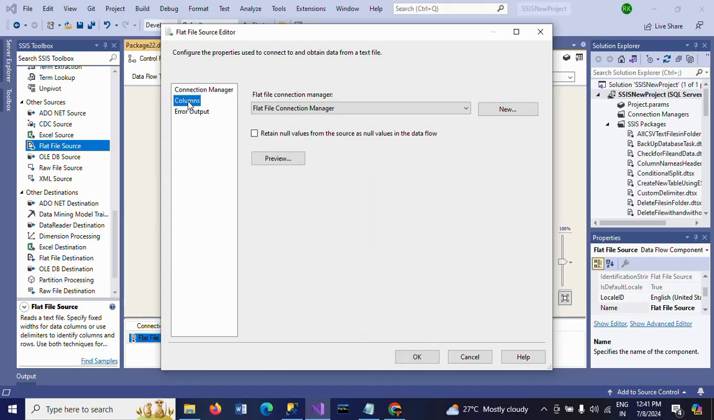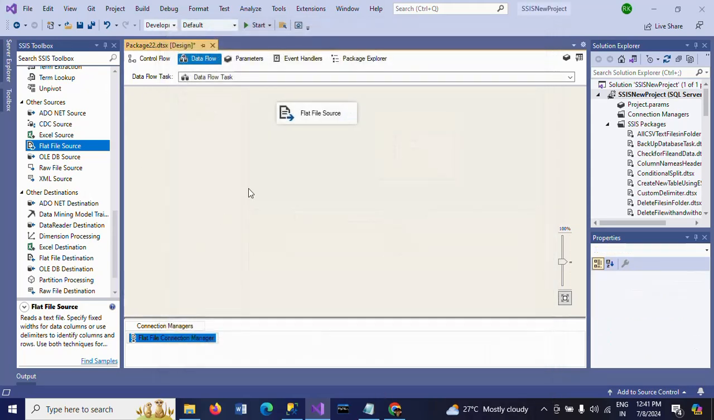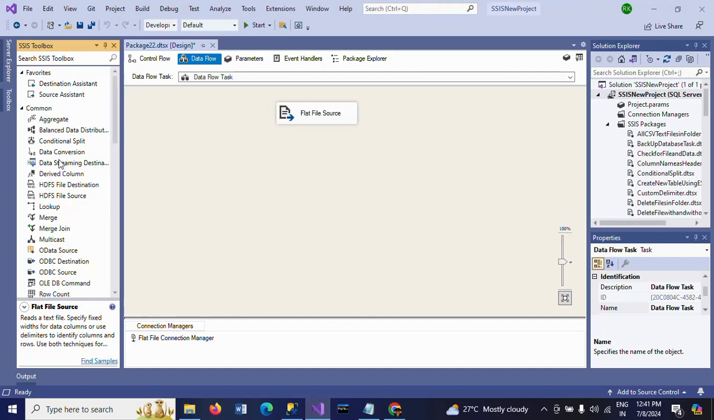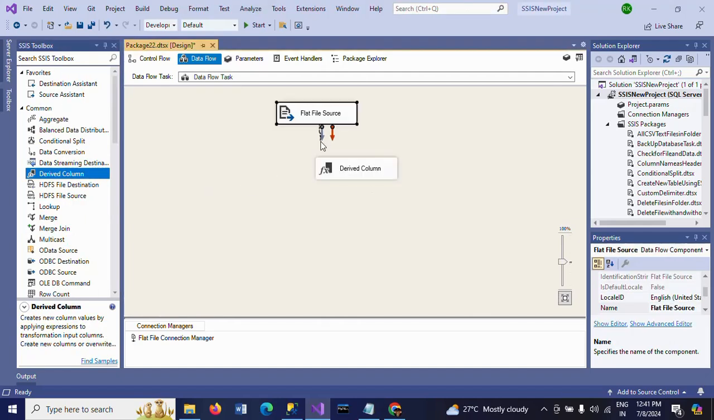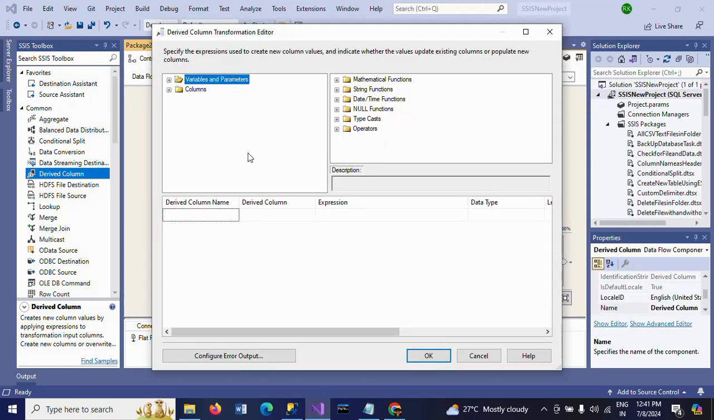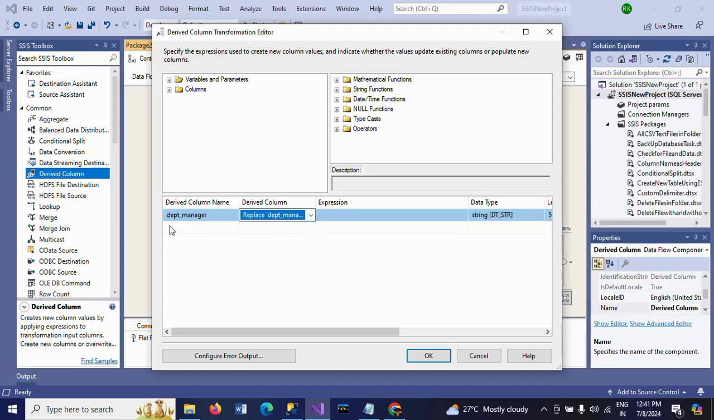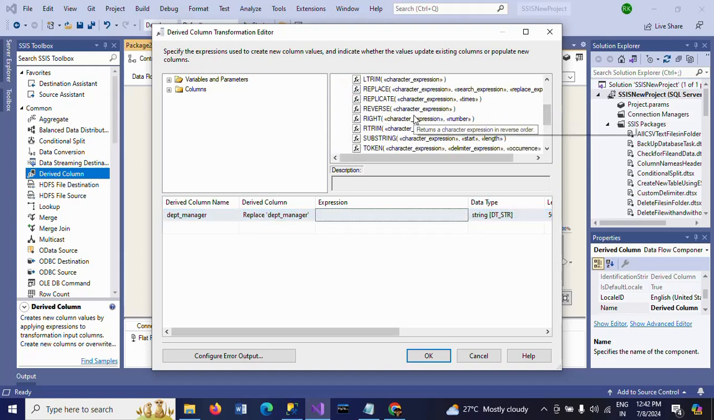Okay, and click OK. Now I am taking the transformation called derived column. Here I am selecting the column DEPT_MANAGER. I am using the string function called REPLACE. REPLACE takes three arguments. The first one is